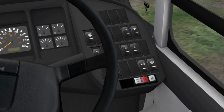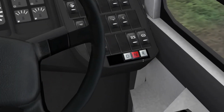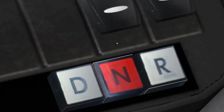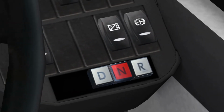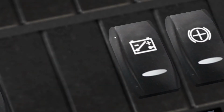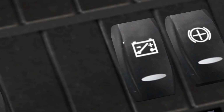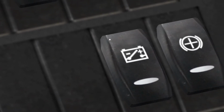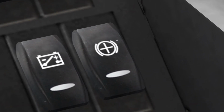Moving on to this side, here's a control panel. And also, guys, down here is the gear stick. I mean the gears, which says N and D, which is to get it into drive, and N and R, which is to get it into reverse, and N, which is to get it into neutral. And I'll show you that in action later. Moving up, we have a button, which I don't know what it's for or what it's called, but I'll show you that in action later. Actually, it's for the electrics, guys, which I just found out, but I'll show you in action a bit more later. Moving on, no idea what this is for,